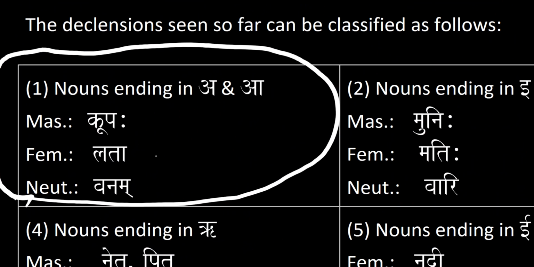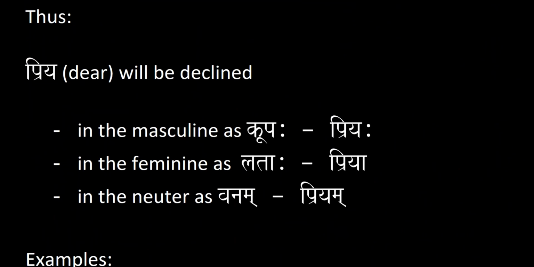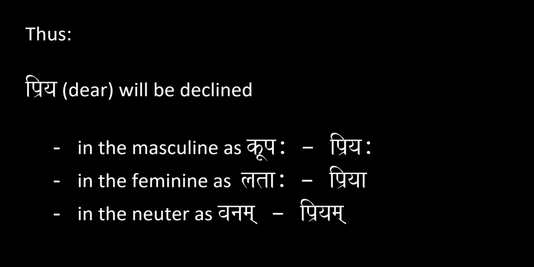So once you take a look at priya, an adjective that ends in a, you know what the three possibilities are. What are the three types of ways that you could decline it, depending on what type of noun you're working with. So let us go over some examples.